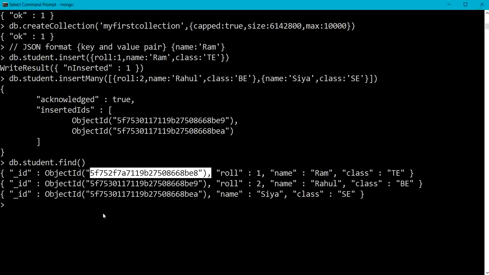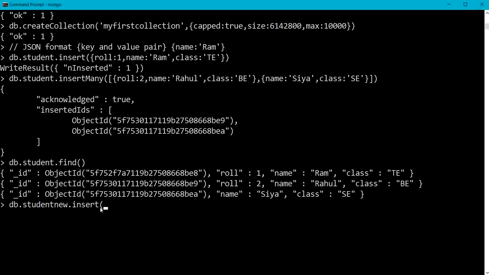Note that it is not necessary to create a collection using the createCollection method. We can also use insert without using createCollection. I need not create the collection; by directly using the insert method I can create it. So let me use db.studentNew.insert.